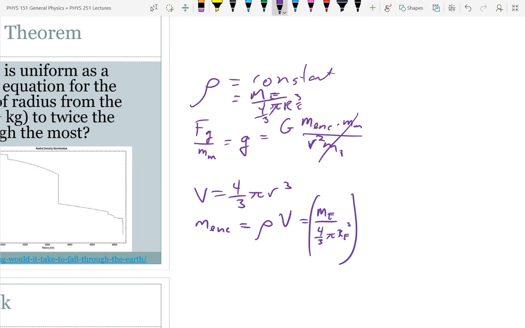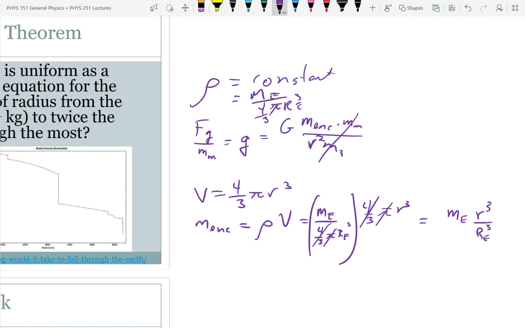And then the volume, 4/3 pi r cubed. Cancel the 4/3 and pi. So that's how much the mass enclosed at any distance r away from the center of the Earth is going